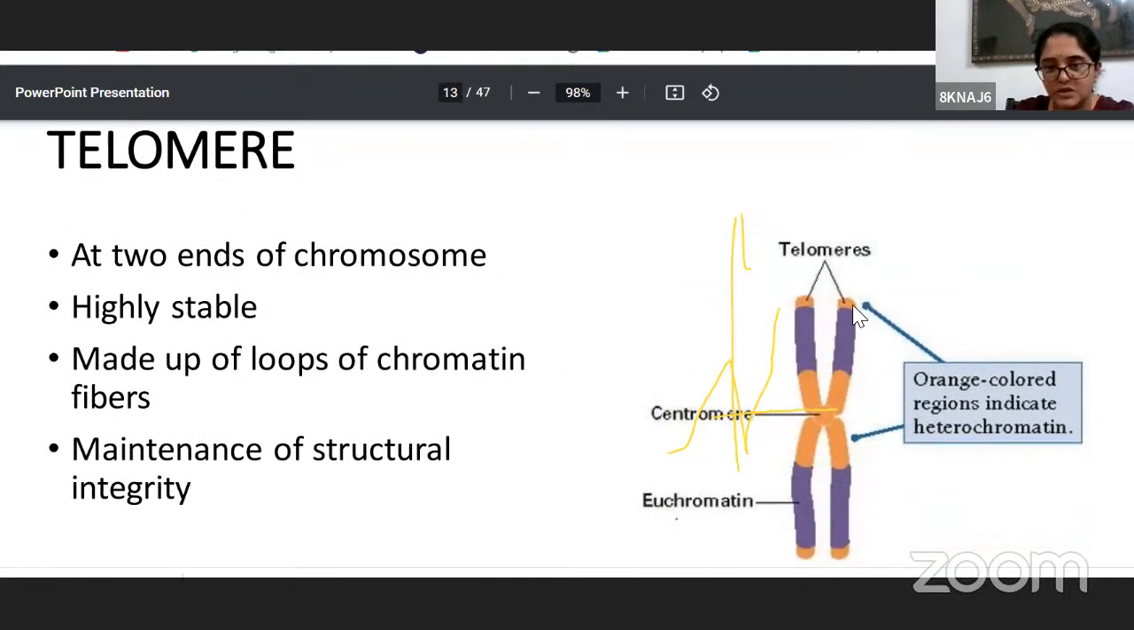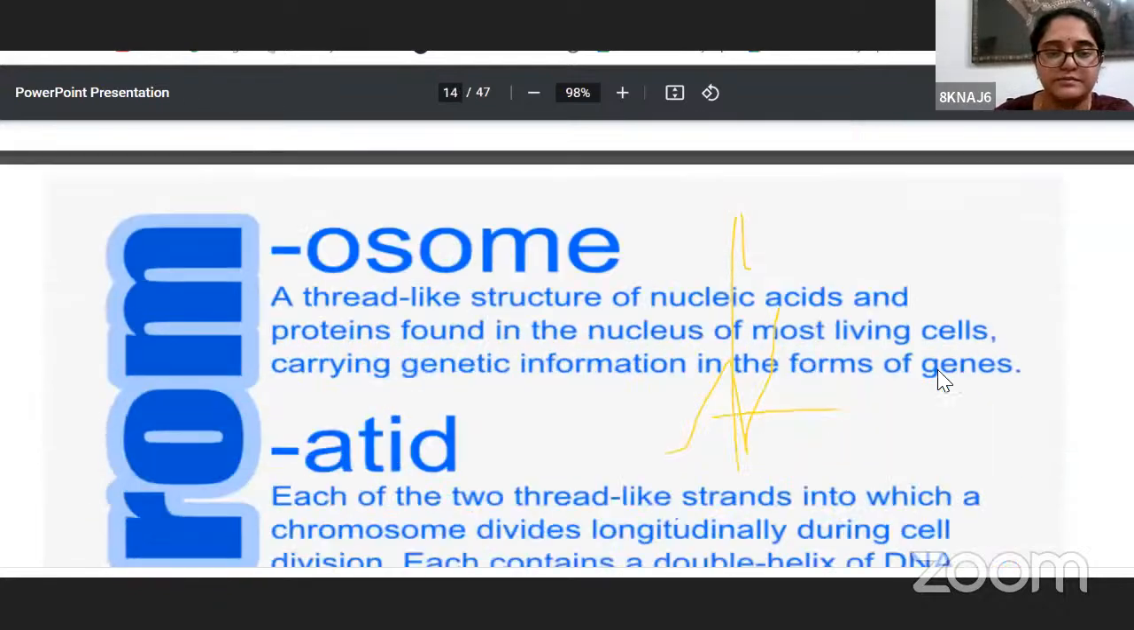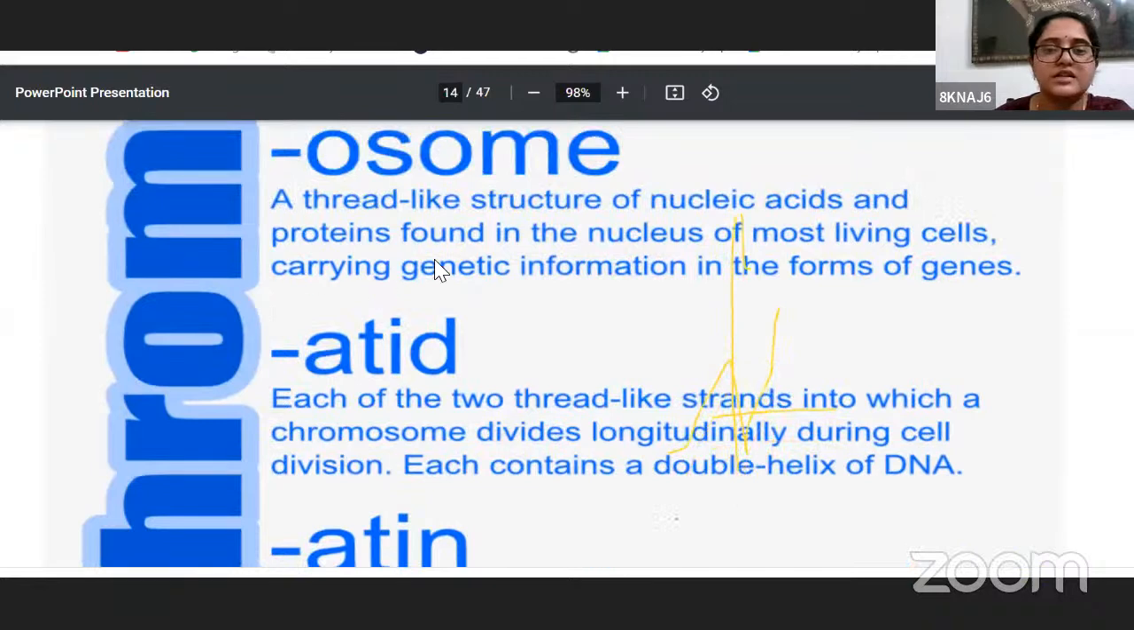So, as you can see, this is the telomere. They are highly stable. They are made up of chromatin fibers. They maintain the structural integrity of the chromosome physically, and that's where we have euchromatin and heterochromatin. The chromosomes are made up of euchromatin and heterochromatin. We will come to that. So, chromosomes means thread-like structures of nucleic acids and proteins carrying genetic information in the